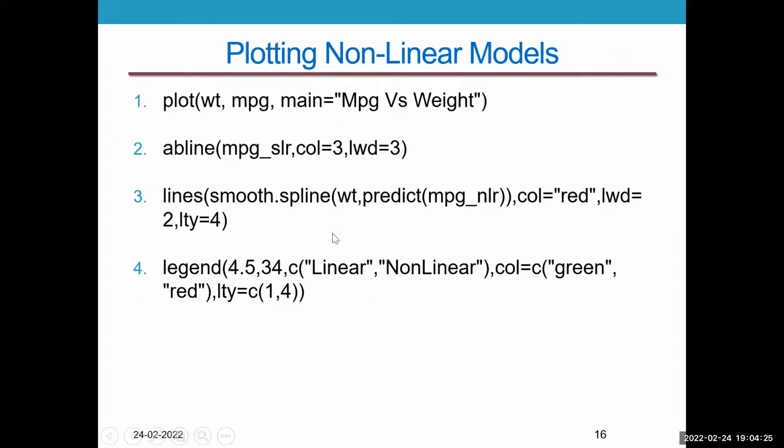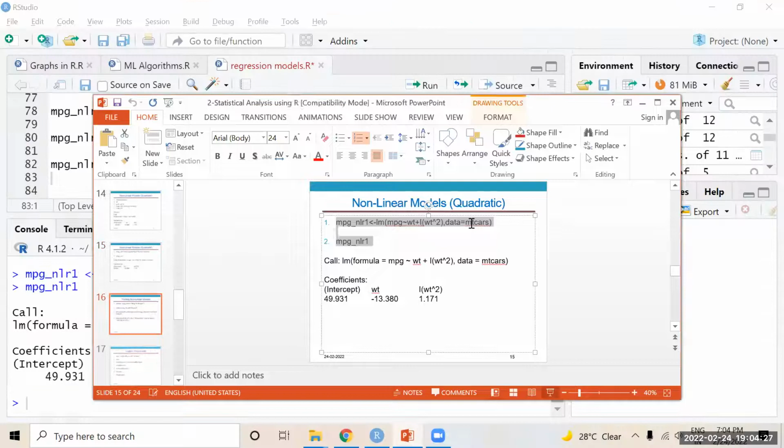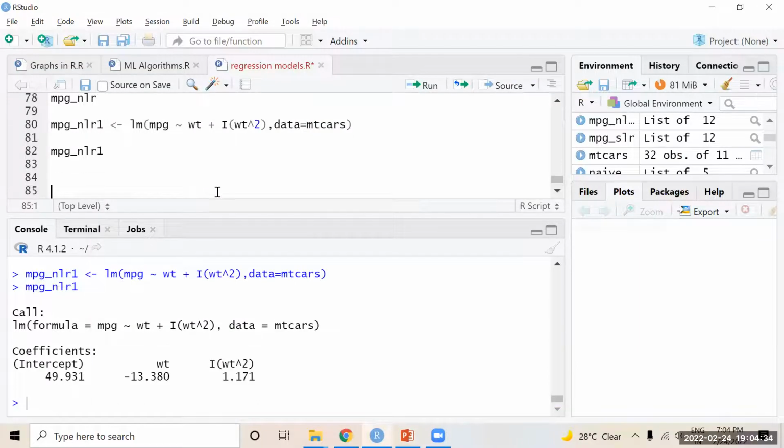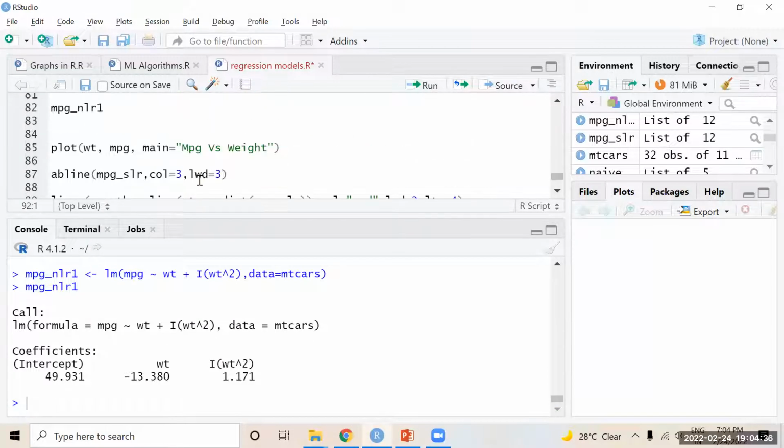How to plot, how to give the graph for the given data. This is an extension of the regression model for analysis purposes. I want to display a plot for mileage, how the values are distributed, and the graph name is mileage versus weight.